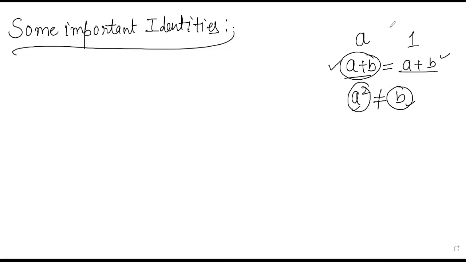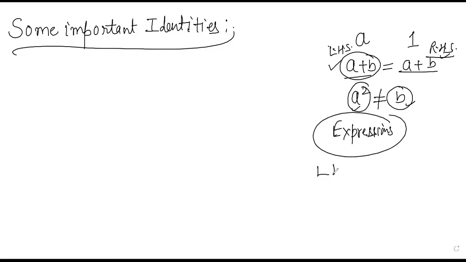Such expressions, this is known as your left hand side, and this is known as your right hand side, RHS. I'm talking about the maths concept. Such expressions whose value on the left hand side is equal to the right hand side, if this will be verified for any value of the variables which are used over there. Okay, suppose I talk about a plus b, and this is a plus b, this is true for